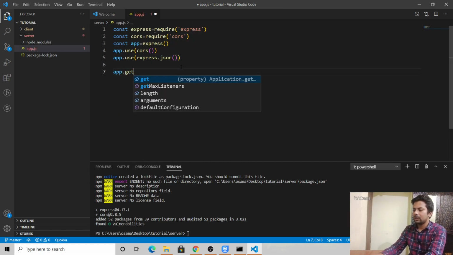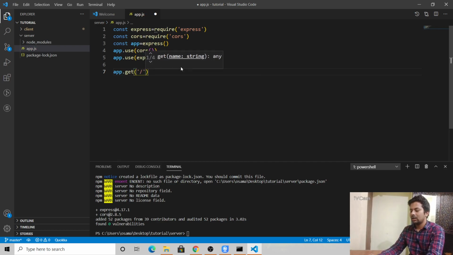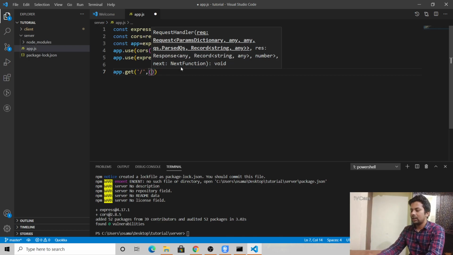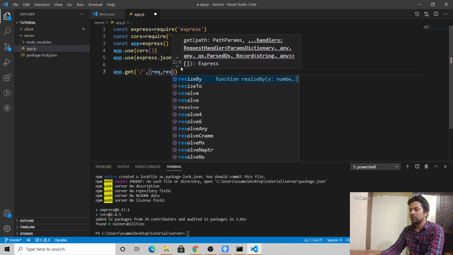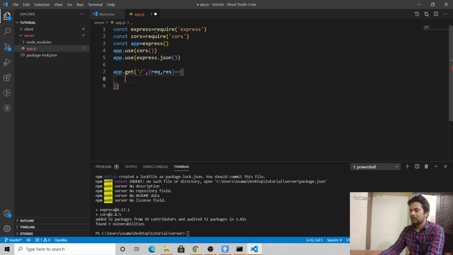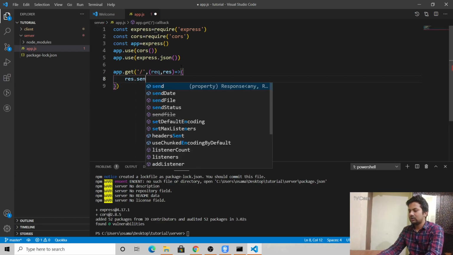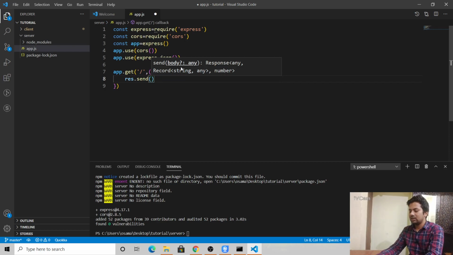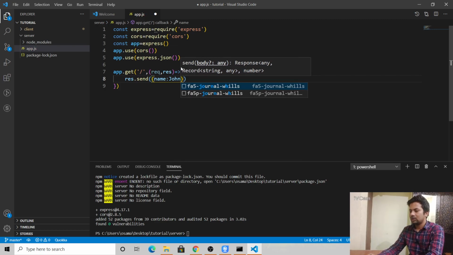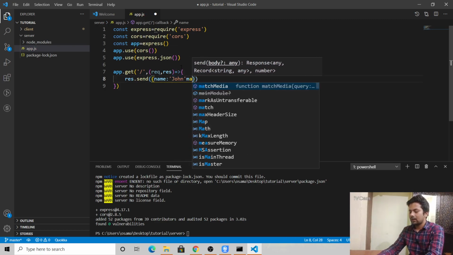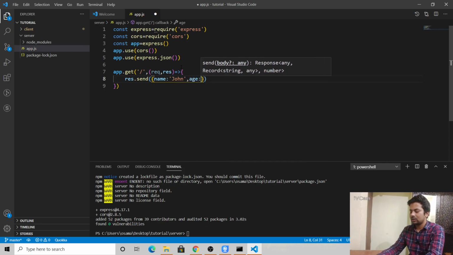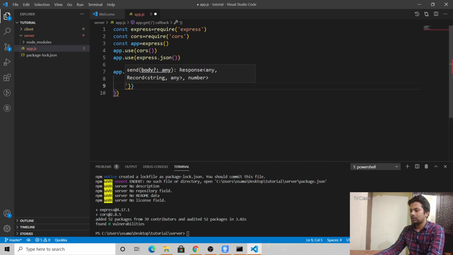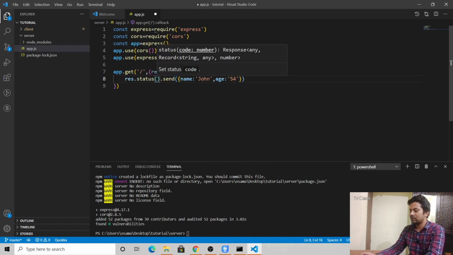So app.get, this is the base URL, and we'll take two variables, request and response. We'll say res.send and make an object with name John and age 54, whatever age you want to take, and res.status 200 with the 200 status.